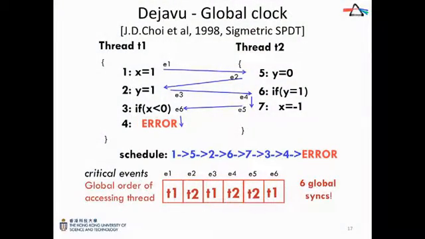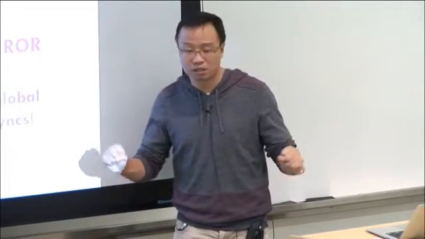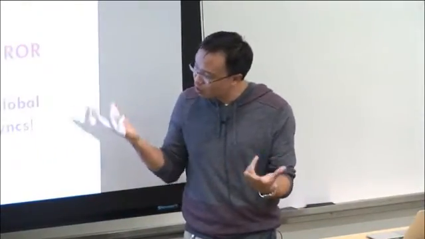So this proposal obviously works, right? But it's pretty inefficient because it involves synchronizing all the threads onto a global log. In this simple example, producing this log involves 6 global syncs. Eventually, to log into a global log, you essentially tie all the threads together using a global lock, which incurs a lot of runtime overhead.